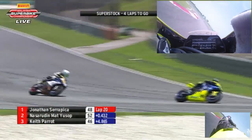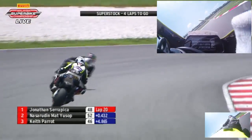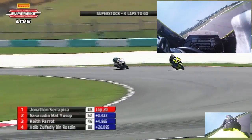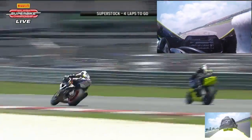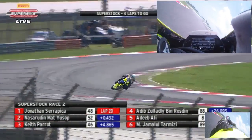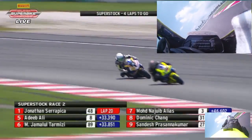Not close enough. It's still Jonathan here, off second man, Nazaruddin, the winner of race 1. And it's been so far. We did promise you a cracker of a race, and it is so far. Jonathan's last lap time was 1:04, whereas Nazaruddin did 1:05. So looking at the consistent lap times, that is definitely going to have an impact on the race